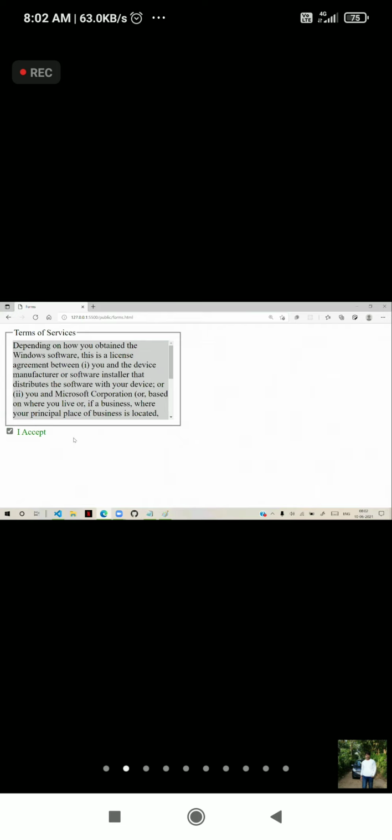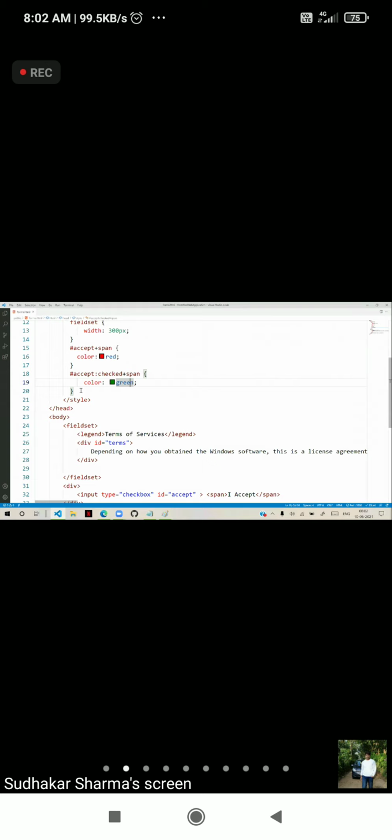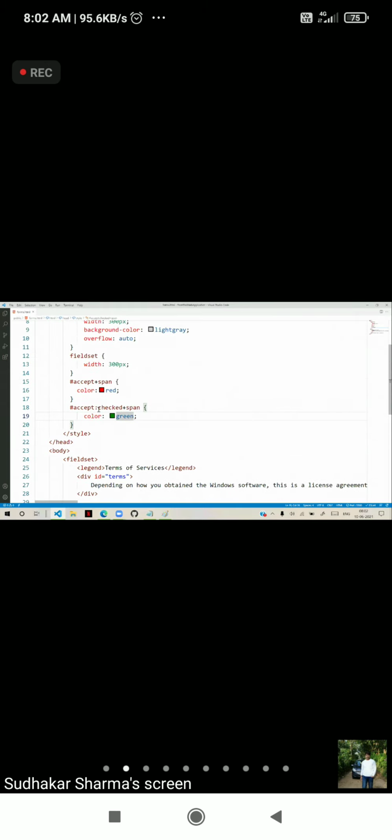So this is one regularly used option for handling the checked property. If checked, it will display in one color, and not checked, it will display in another color. This is generally used with the checkboxes. And for that, we have to use this checked in styles.